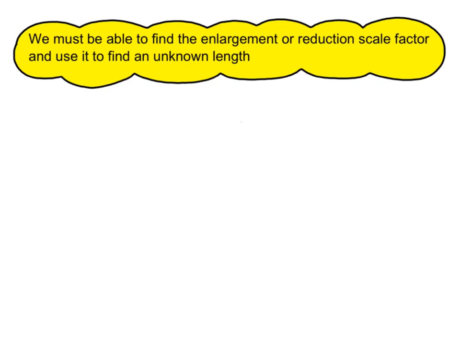So for instance, if I wanted to take, say, the number 6 and I wanted to make that number bigger, then I could multiply it by an enlargement scale factor. An enlargement scale factor basically has to be a number greater than 1. If you multiply something by a number greater than 1, for instance, multiply it by 2, it becomes bigger,